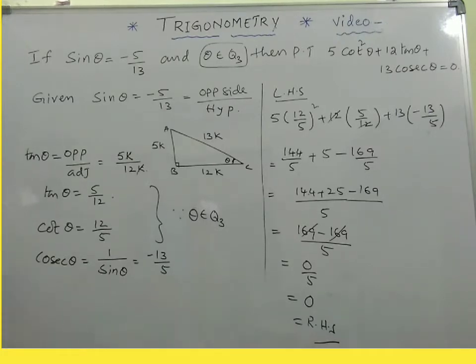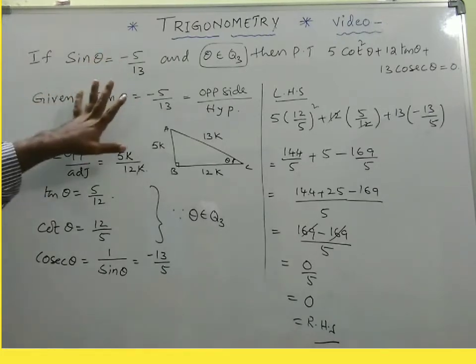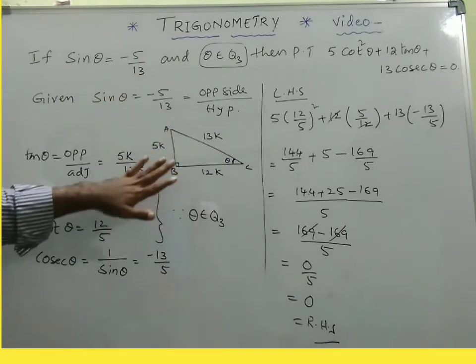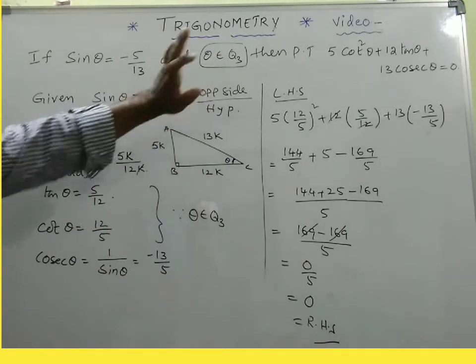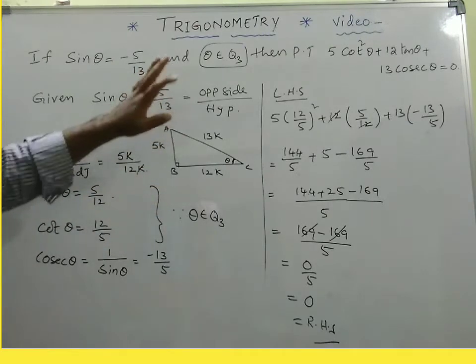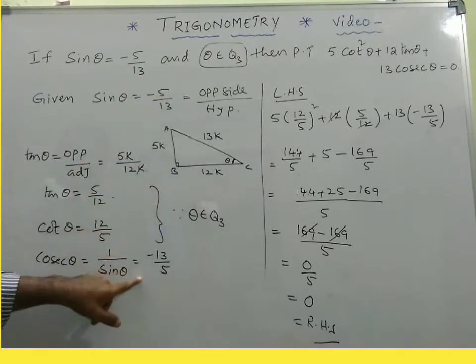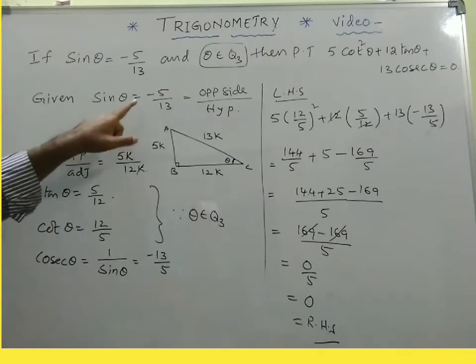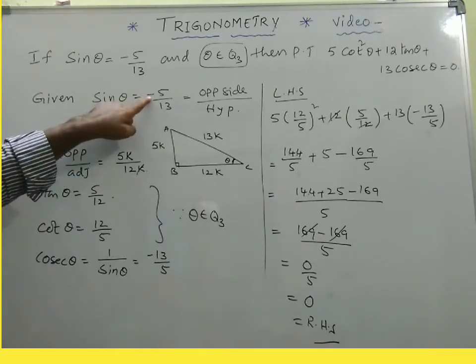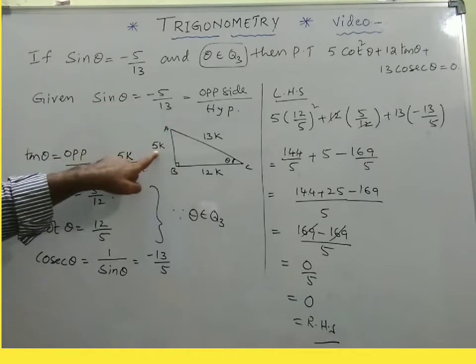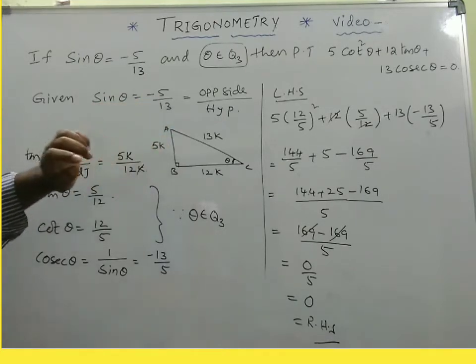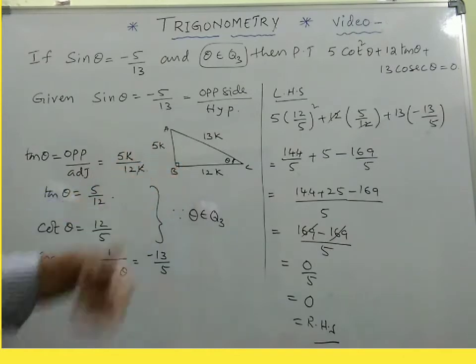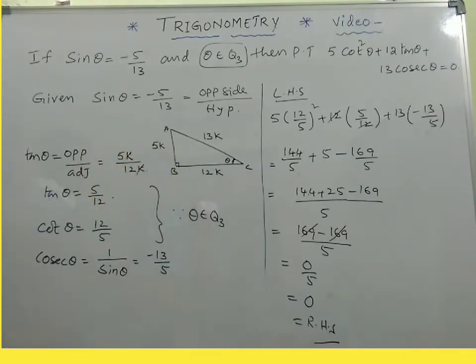Okay. So any problem of this type can be solved in this manner. Just identify which quadrant theta belongs to. Because of the third quadrant, sine is negative, cosecant is also negative, but tan and cot are positive. And a very important point: if a minus is mentioned, please don't consider the particular side as negative, because AB, BC, CA are the sides of the triangle, which are never negative. So please remember this point.